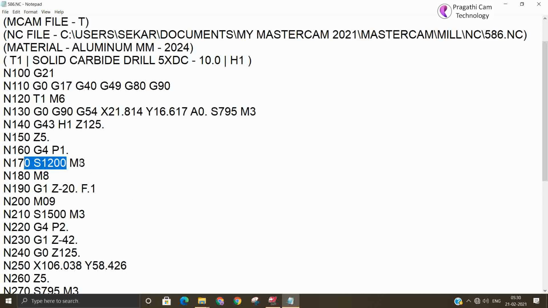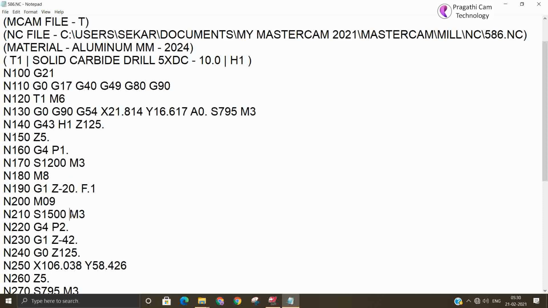Spindle speed 1200. Now you can see minus 20. Here it is not taking peg drill and other things. And if at all you want, you can modify in the post processor how you want. So after minus 20, then it coolant off.